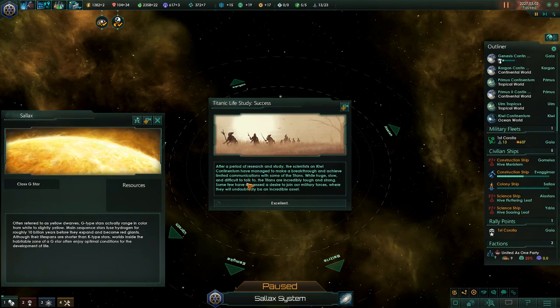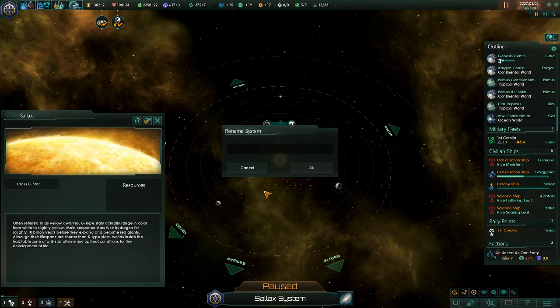Special project complete. Researchers, blah, blah, blah, breakthrough achieved. Limited communication with some of the Titans. Wow, excellent. Alright, so now we can do Titans on that one world. Let's see here. What do I want to name this? I want to name this...